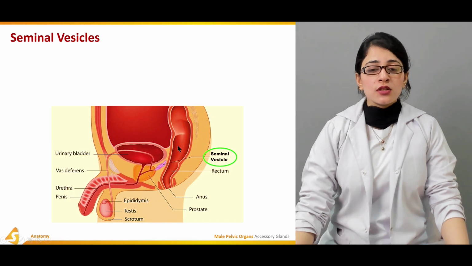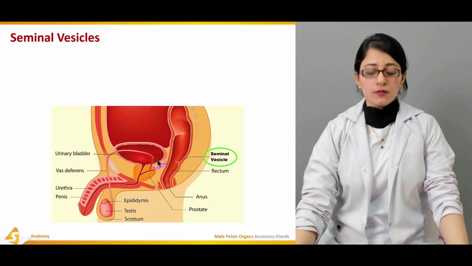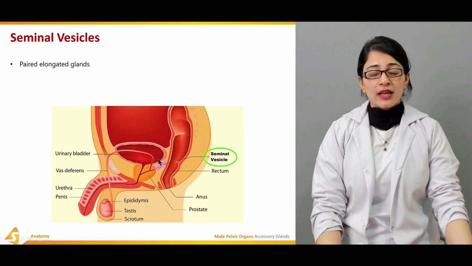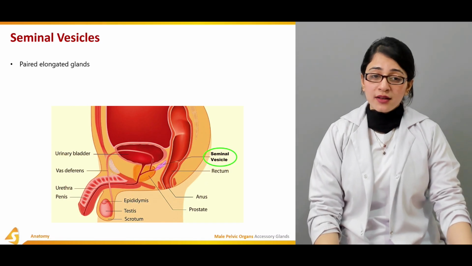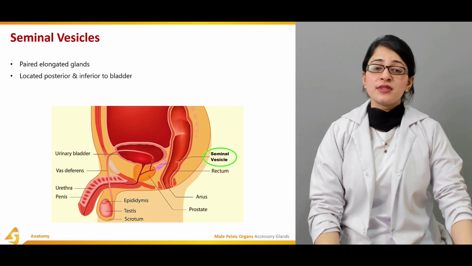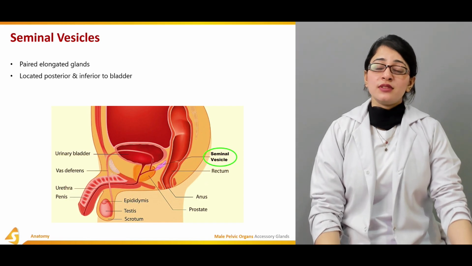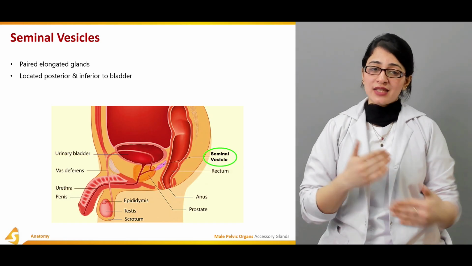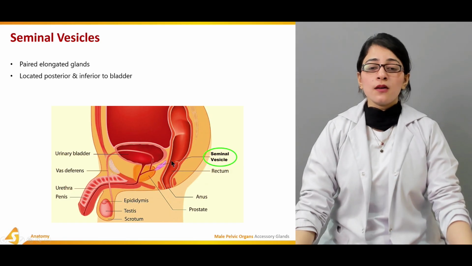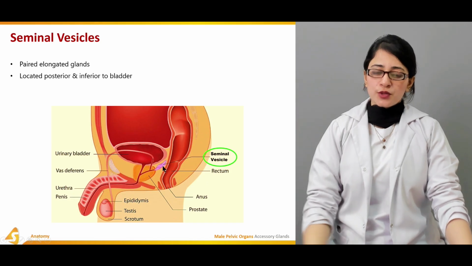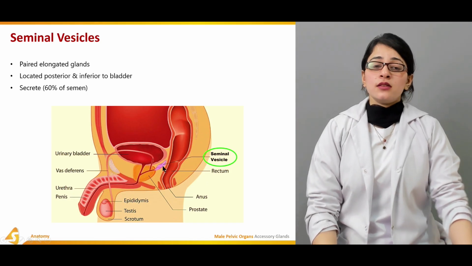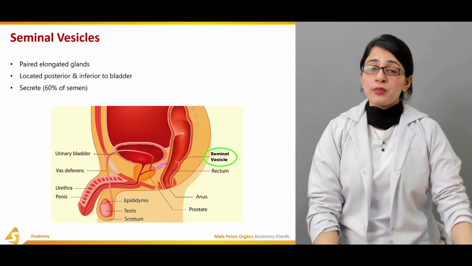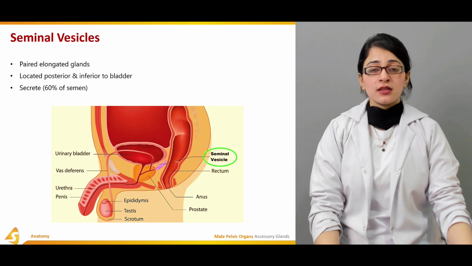So here is the location of the seminal vesicle. They are paired, elongated glands. They are located posterior and inferior to the bladder. So the location of these seminal vesicles is just posterior, and if you can see here, they're present inferior and just posterior to the bladder. And they secrete 60% of the semen, and the remaining 25% is released by the prostate